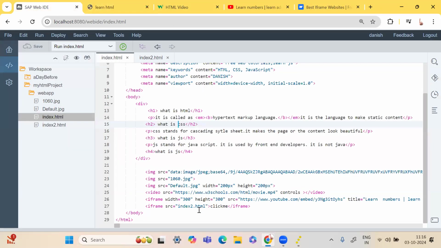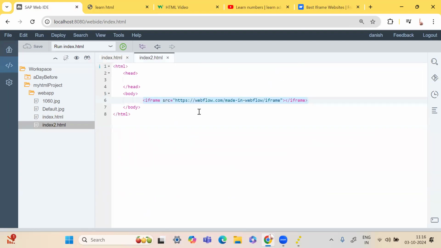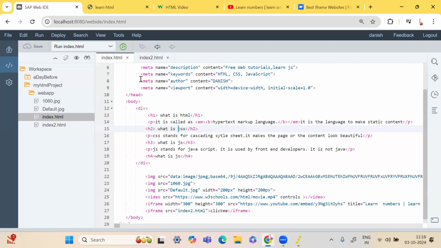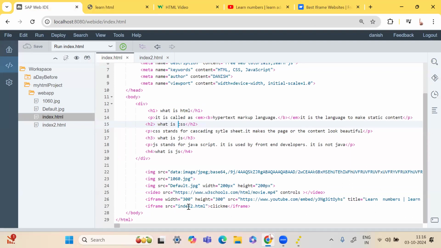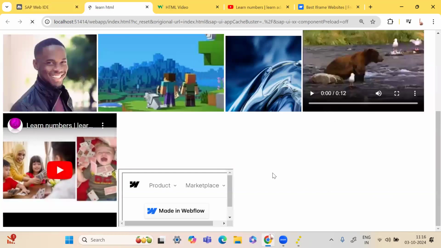This is what we have done, right? In this page, we don't have that content that we have over here. This webflow.com iframe thing is in the index2.html. In the HTML, we have this reference that takes you to this page, and you click it on click me. But the thing is that it's not saving. So if that is the case, it's a very normal problem, actually. We will have to